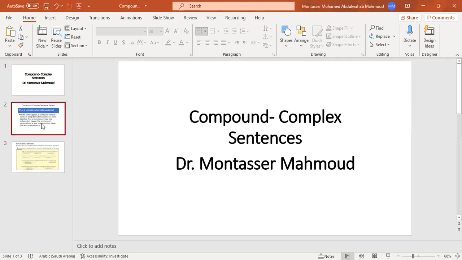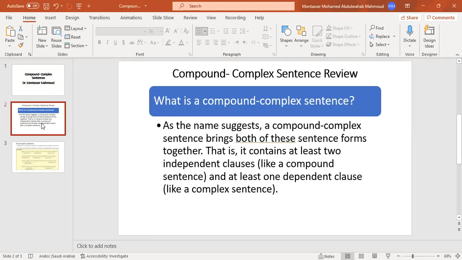Today, we are going to see together compound complex sentences. Let's first identify the definition of compound complex sentences. What's a compound complex sentence? As the name suggests, a compound complex sentence brings both of these sentence forms together,